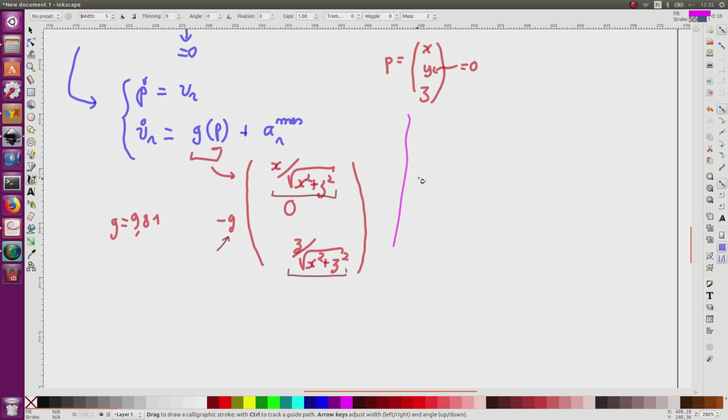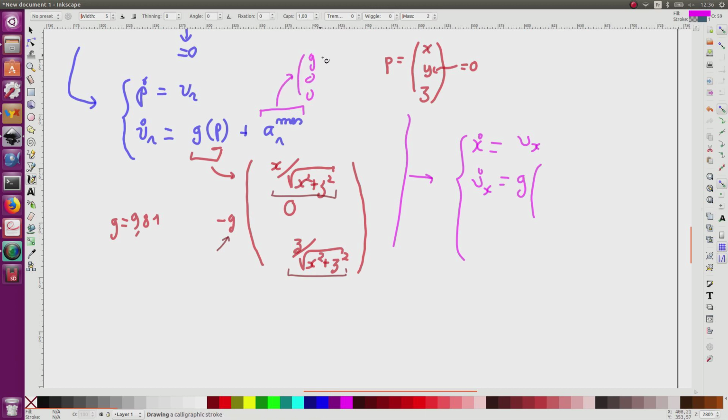If I rewrite my state equation, I get x dot equal vx, v dot x equal j multiplied by, so recall that this is equal to